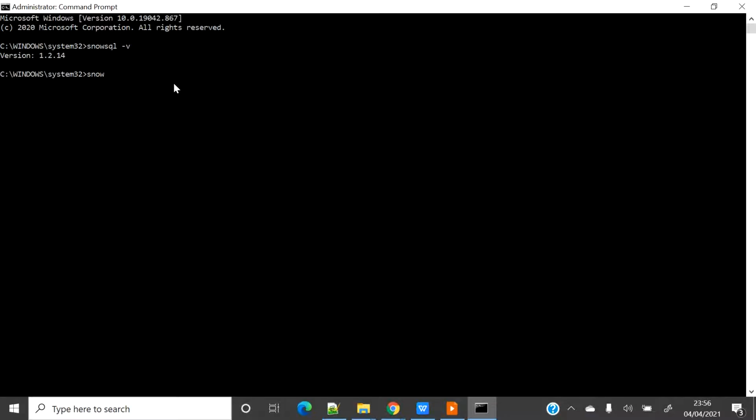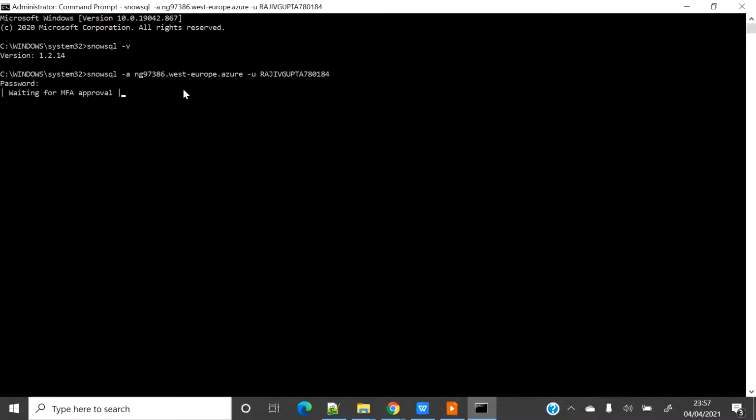So I will just say snowsql, then -a for account. I will paste the account information which I took from the web UI. Then I will put -u, which means the username. My username is this. I will press enter. It will ask me for the password. Generally it takes some time to prompt for the password, but the moment it prompts, we will quickly get connected. Let's quickly wait. Yeah, so we have the password prompt. Let me quickly connect.